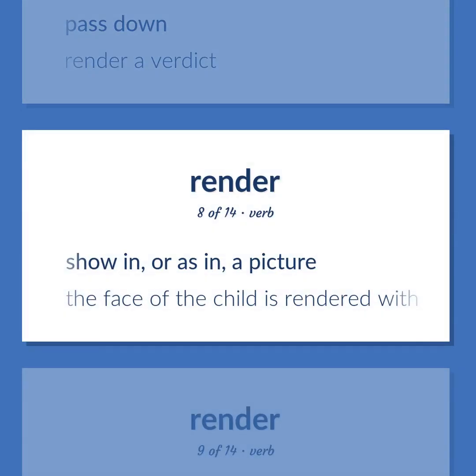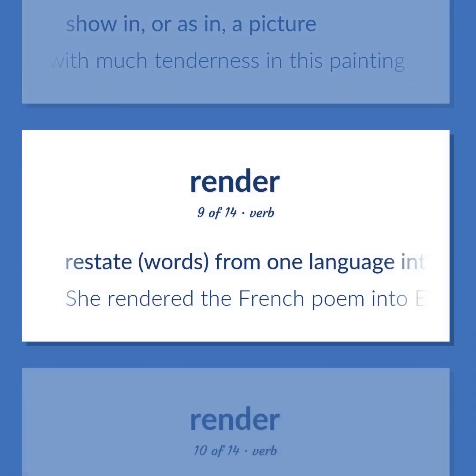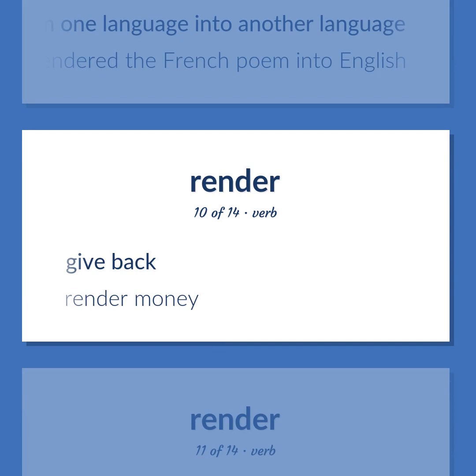Show in, or as in, a picture. The face of the child is rendered with much tenderness in this painting. Restate words from one language into another language. She rendered the French poem into English. Give back. Render money.